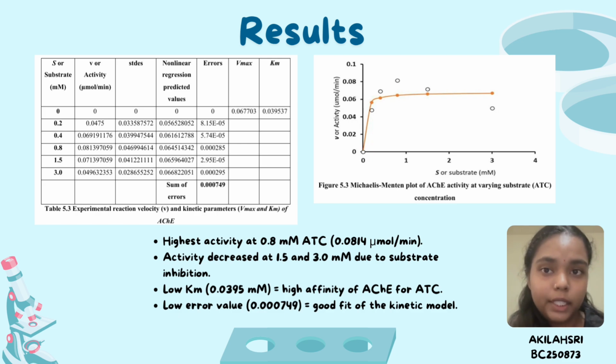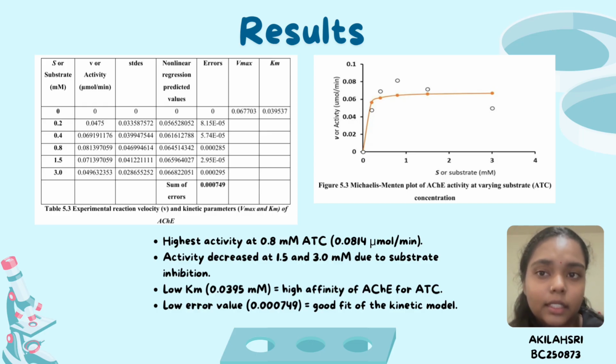Table 5.3 and figure 5.3 show the kinetic behavior of acetylcholinesterase (AChE) at different ATC concentrations. The enzyme activity increased with increasing substrate concentration and reached the highest reaction velocity of 0.0814 micromole per min at 0.8 mM ATC. However, the activity decreased at 1.5 mM and 3.0 mM ATC, suggesting substrate inhibition due to